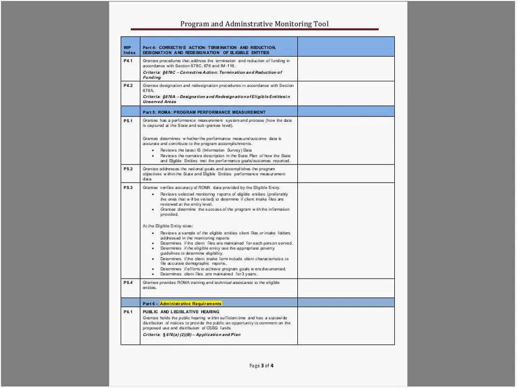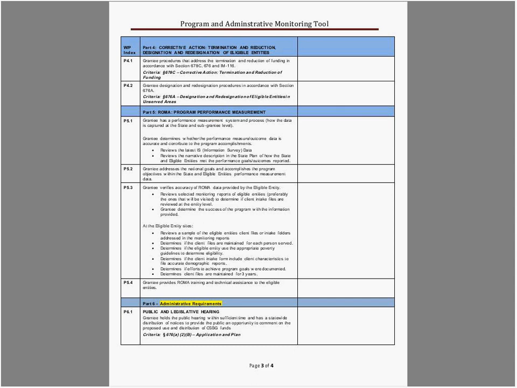And 5.4, the grantee provides ROMA training and technical assistance to the eligible entities, so they'd want to ask potentially about ROMA trainers, certified trainers, and implementers.